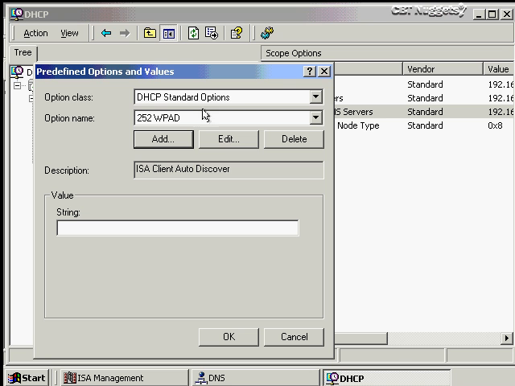So I've added this option to my DHCP server. Now I need to type in what value it's going to hand out. The syntax is going to work like this: we type in HTTP://, the name of the server that will be supplying the auto configuration. We'll say 2000server.nuggetlab.com